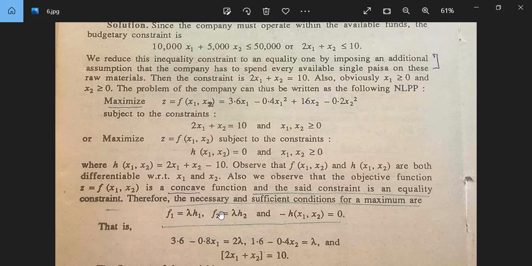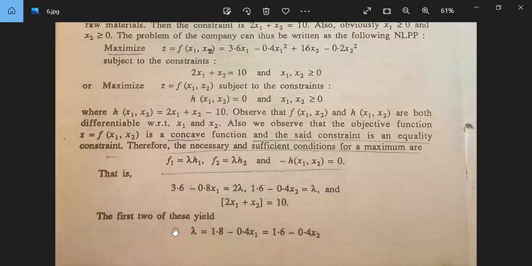Therefore, the necessary and sufficient conditions for a maximum are f1 should be lambda h1, जैसे पीछे हम लोग देखे थे, f2 should be lambda h2 and minus h(x1, x2) is equal to 0। तो f1 पहले जब आप निकालिएगा तो इसको differentiate करना with respect to x1, तो it will be 3.6 minus 0.8 x1 and this is equal to lambda into h1। h1 में h को with respect to x1 करेंगे तो 2 मिल जाएगा, तो it is 2 lambda। Similarly f2 with respect to x2 differentiate करेंगे 1.6 minus 0.4 x2, ठीक है, and this is equal to lambda h2, ये h को with respect to x2 करेंगे तो 1 मिलेगा, so it is equal to lambda into 1 and this h minus h(x1, x2) is equal to 0 means 2x1 plus x2 is equal to 10।